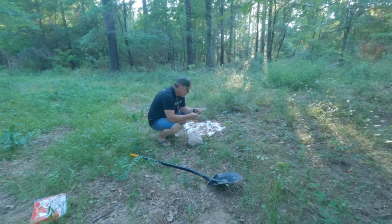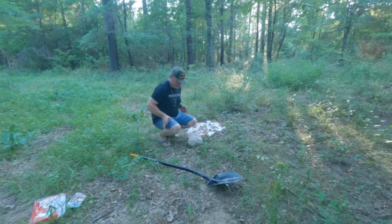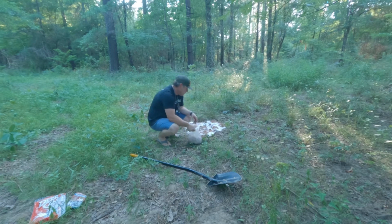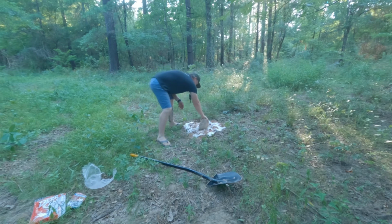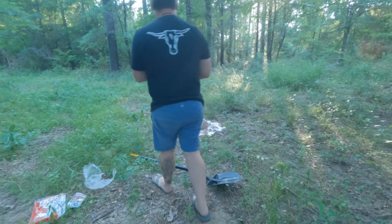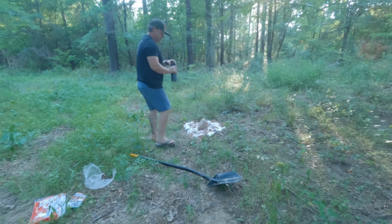There's a little bit of copper in these rocks, but none of this stuff is scented. It's not apple flavored or anything like that. The last thing you want to do